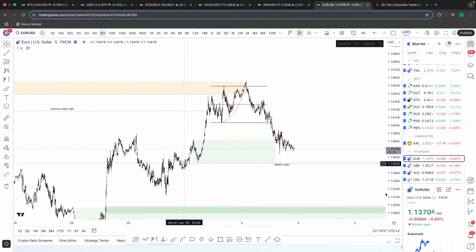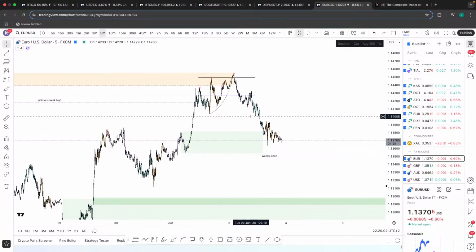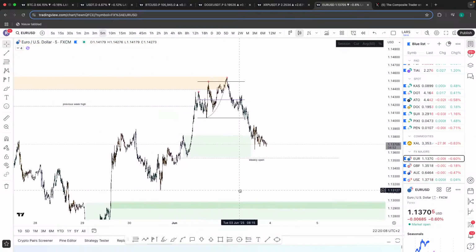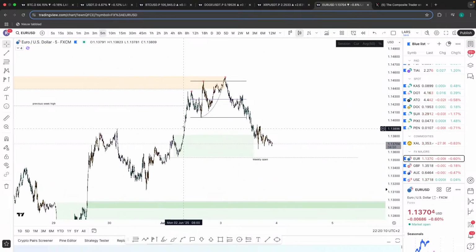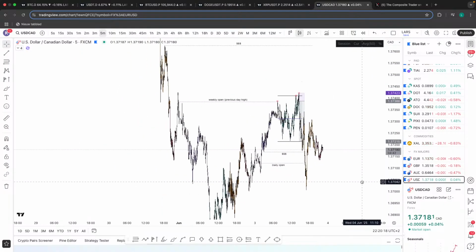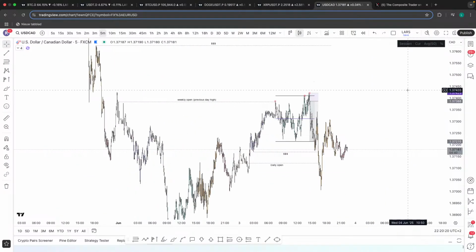You know, we open the week, we go up, take out the previous week high, straight into liquidity, Model 1 distribution during Asia, move back down, where I would just target this local range low here, or this demand as a maximum target. Got some demand lower, but overall amazing. Weekly open, move up, take out previous week high, into resistance, and then get the Model 1 distribution to go lower.